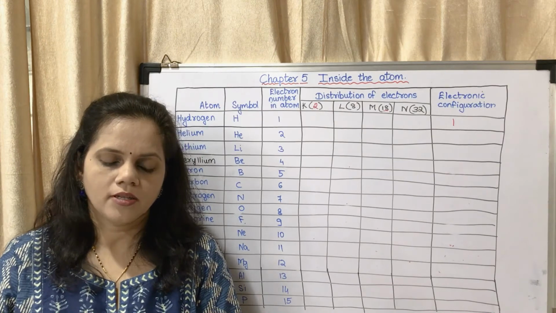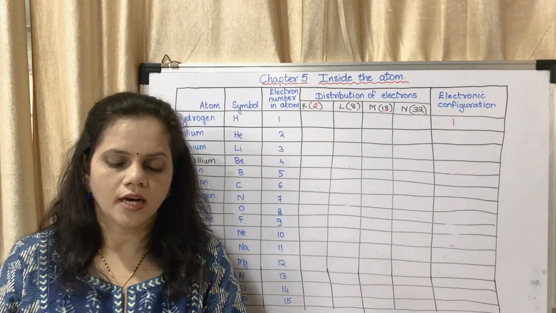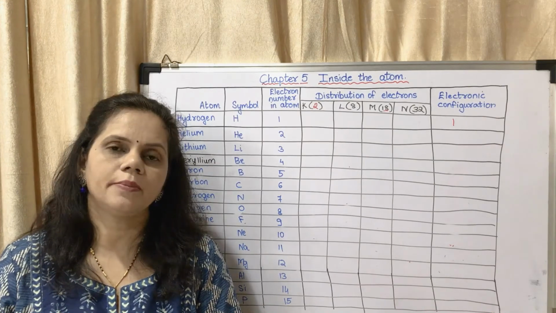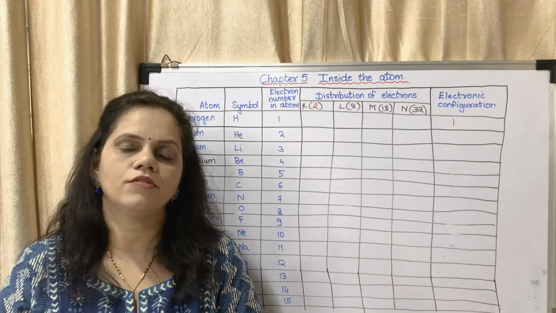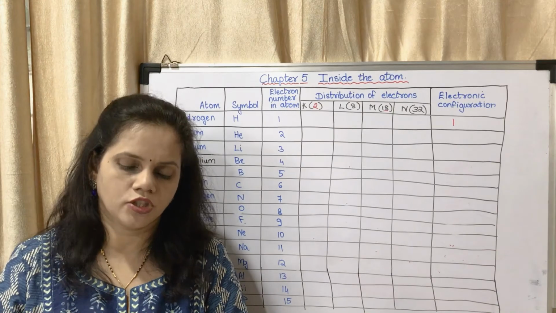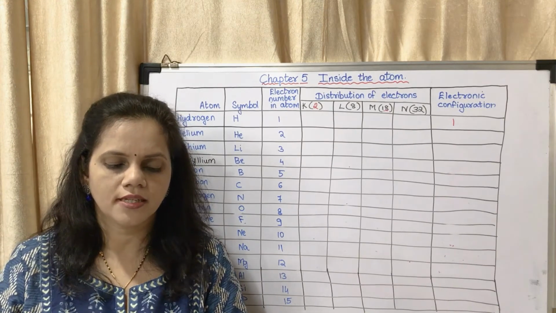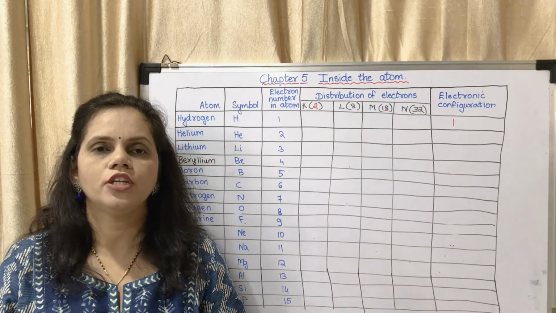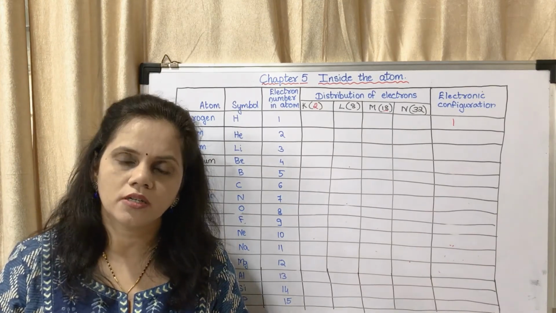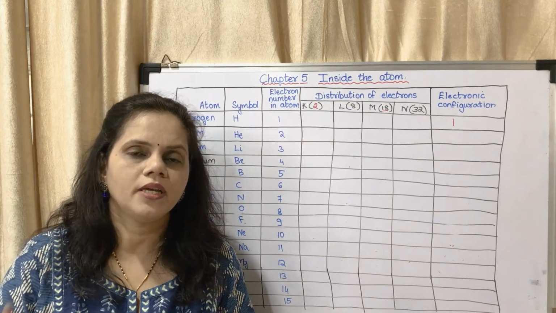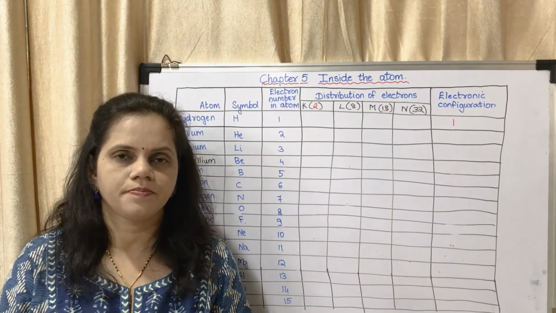Next is, positively charged protons are together in the nucleus. So in the nucleus, all the protons stay together. All of them are positively charged. What might be one of the functions of the neutrons in the nucleus? Now, what do the neutrons do? The neutrons reduce the force of repulsion between these positive charges.